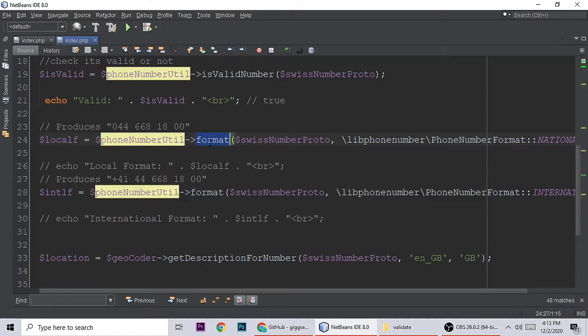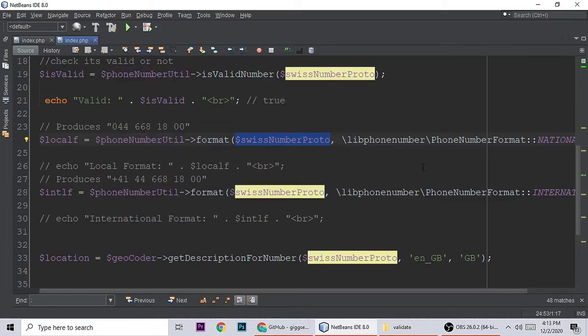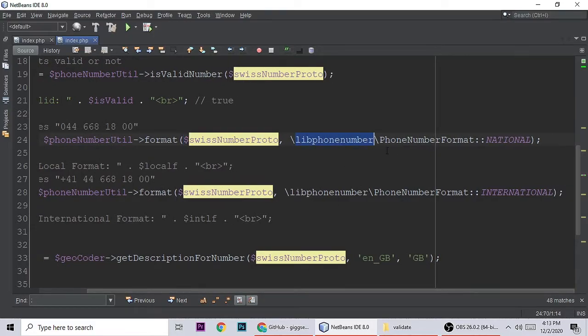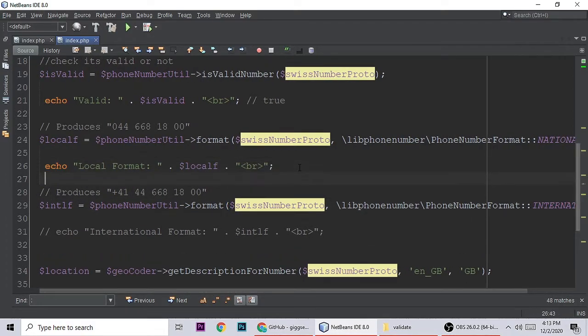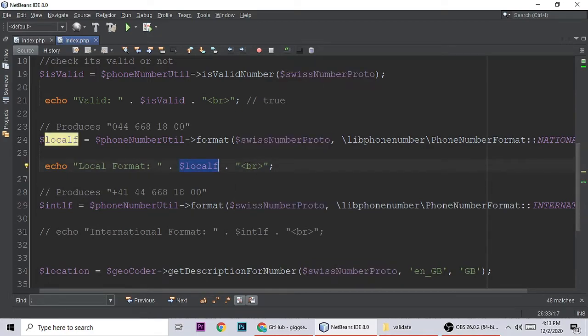So phone util, and then format, and this is the object, and here are some other parameters. Let me show you. This is the phone number util library, and this is the class, phone number format. I want national, and this is for international. Both are the same, just national and international, right? So let's remove this one, local format, and whatever the local format is, it will show it here. And then for international, let's remove this comment, and for international format,